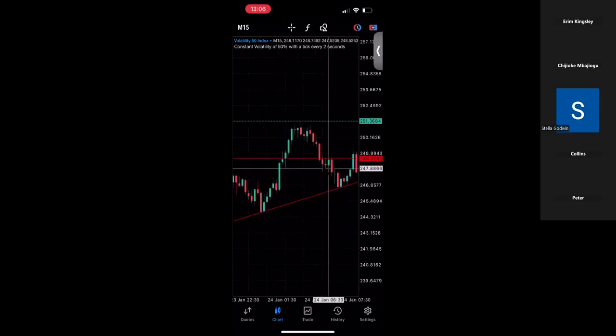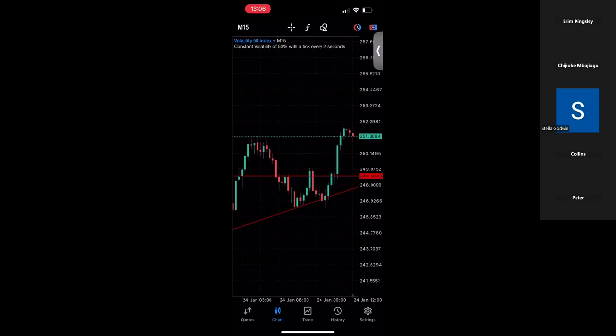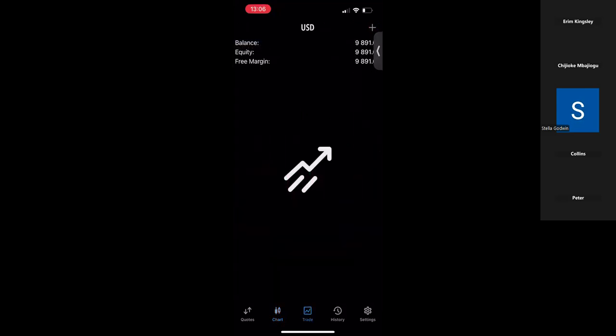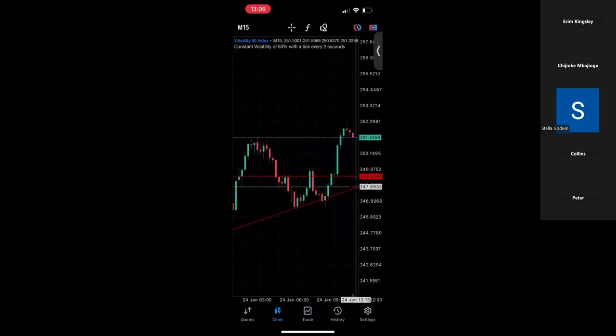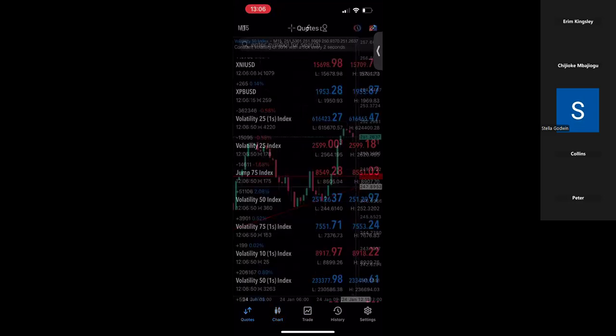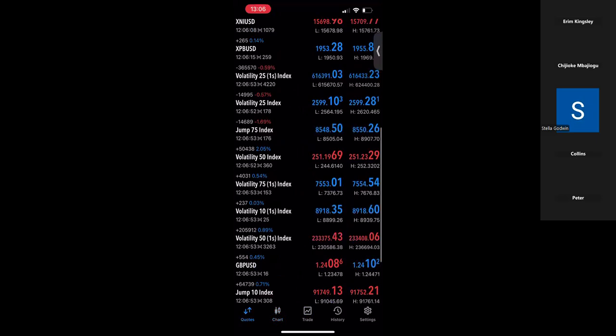For instance, this is another way of trading. I'm just showing several ways in which you can do it. Let's say you put a buy limit on this trend line, so that in case price comes to that point and you're sleeping, you're not around, you can also be in the trade. So that point is 247.89. So you go to the pair, this is V50.